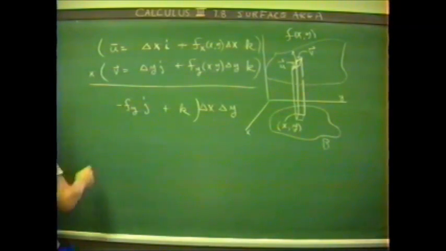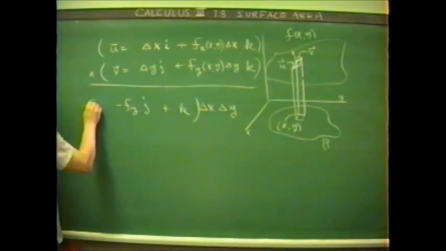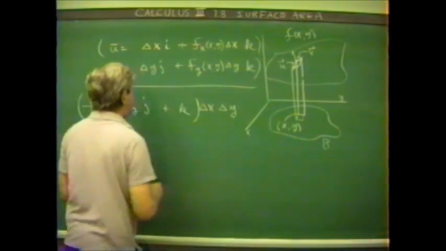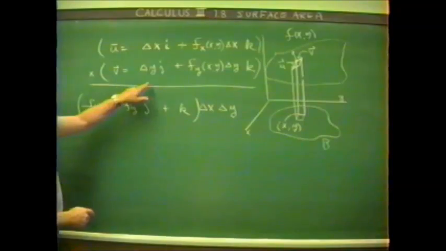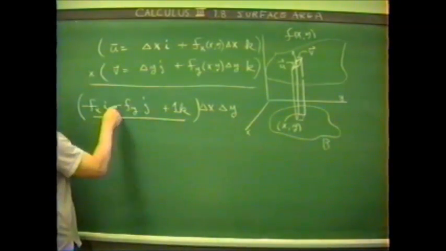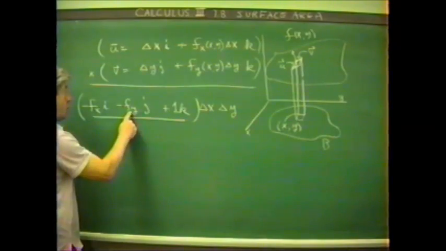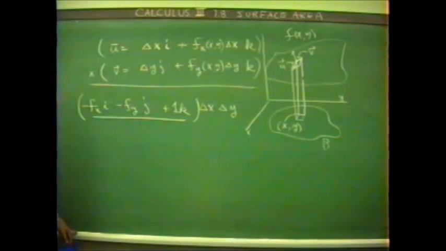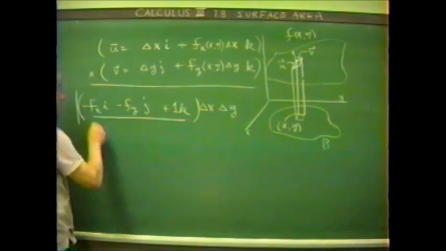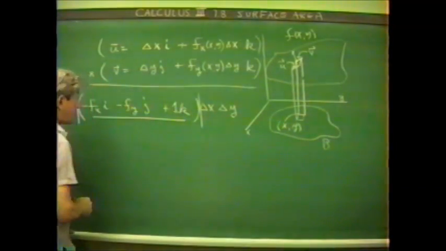k crossed with j is minus i, so we get minus the partial of f with respect to x, i. And now k crossed with k is 0. So this cross product is this. And this quantity right here, negative partial with respect to x, minus partial with respect to y, 1, is a normal vector. And the magnitude of this vector is going to be the